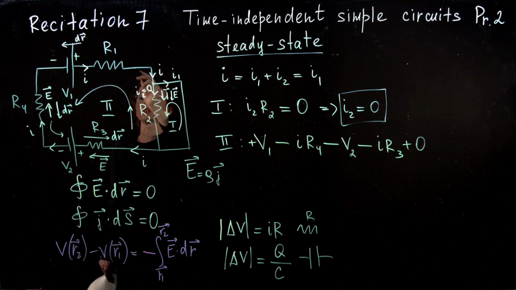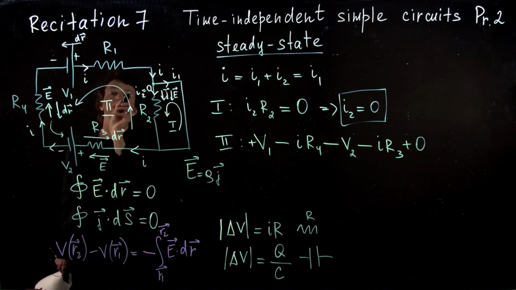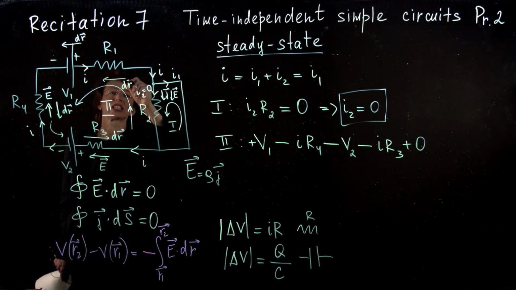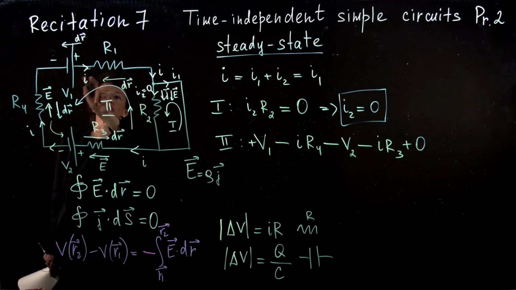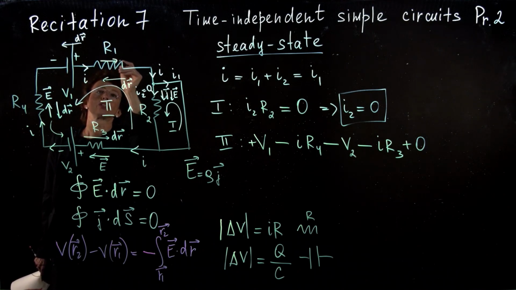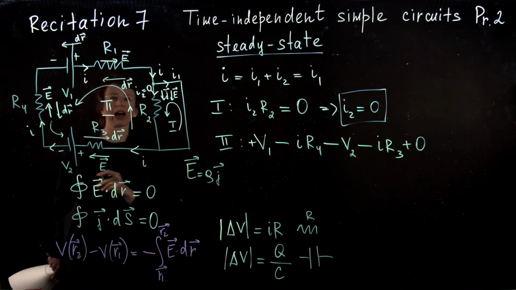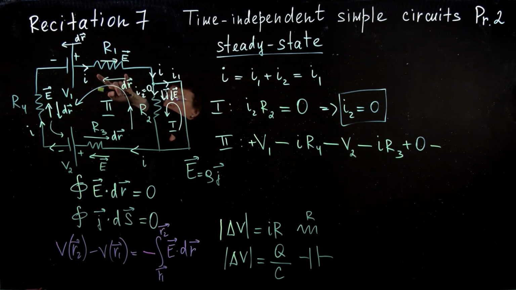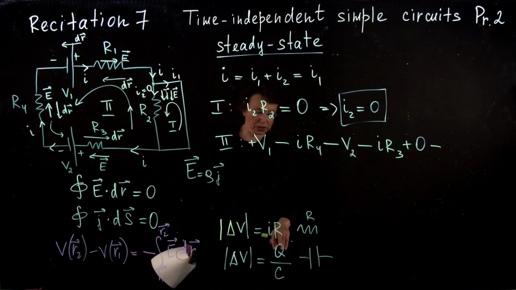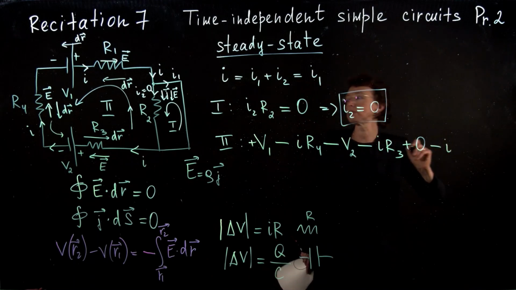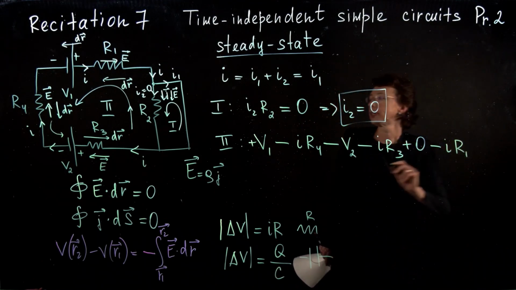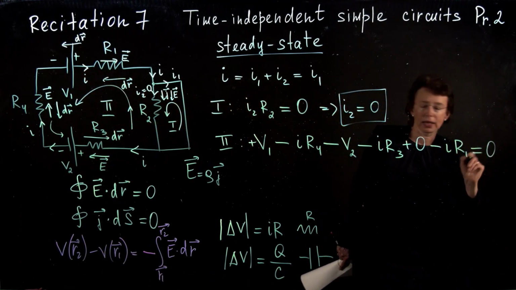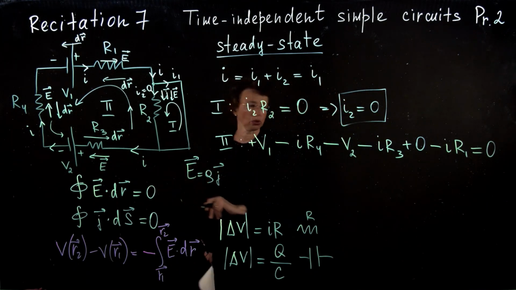And the last resistor that we have here is resistor R1. We keep going, we go to the left in the counterclockwise direction, dr is to the left. The electric field, which is rho J, is to the right. They are anti-parallel, the dot product is negative, that's why I put minus. And the magnitude of change of E dot dr across this resistor is current I times resistance R1. And we come back to the battery where we started. We have a closed loop, which means that this equation is equal to 0.